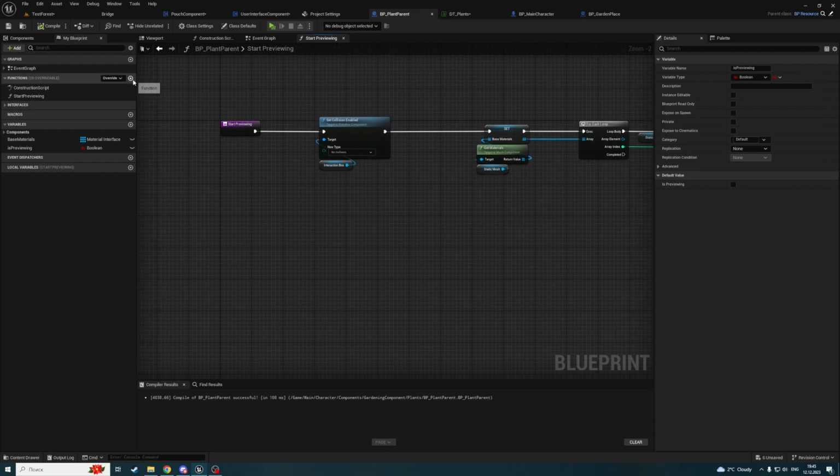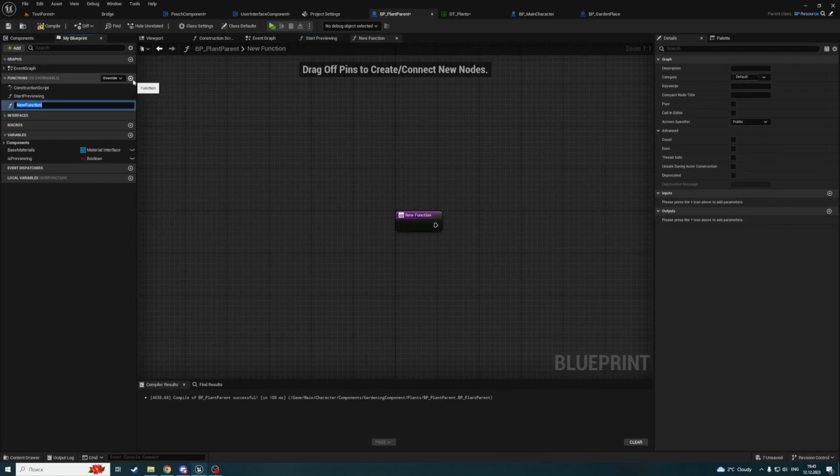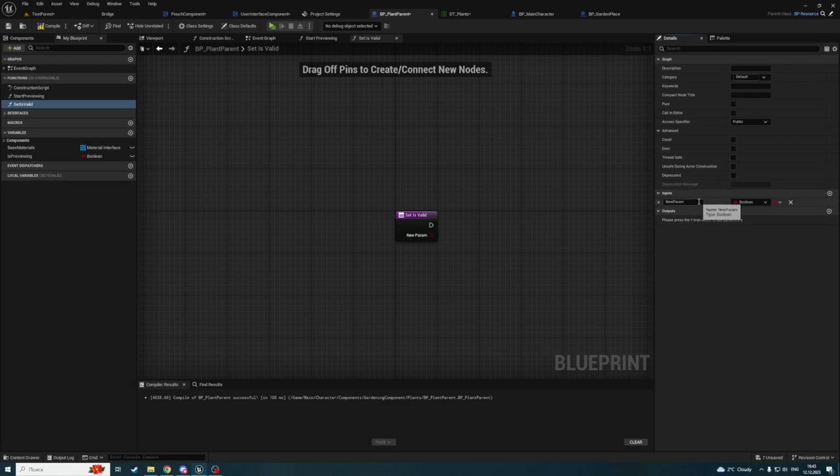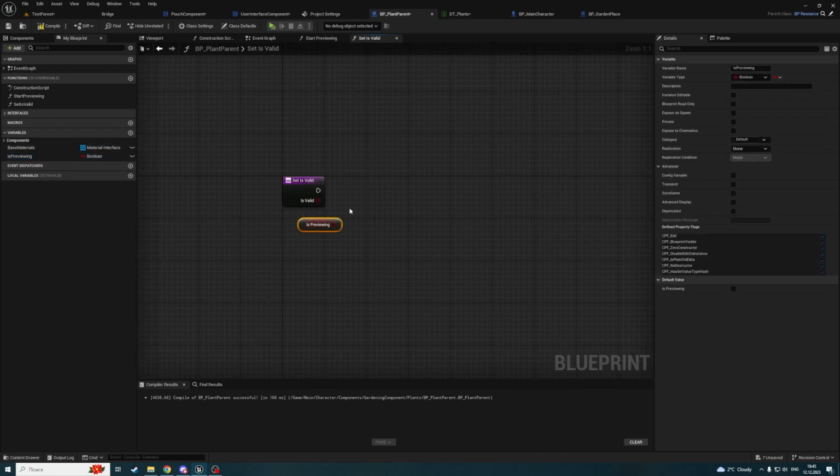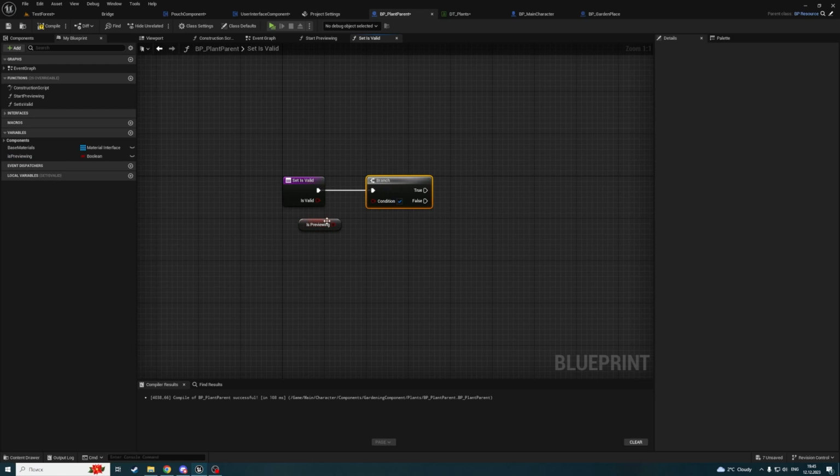And also, let's create a new function and name it update set is valid, and it will receive an input called is valid. And next, we're checking if it is previewing now. Get is previewing. If it is,